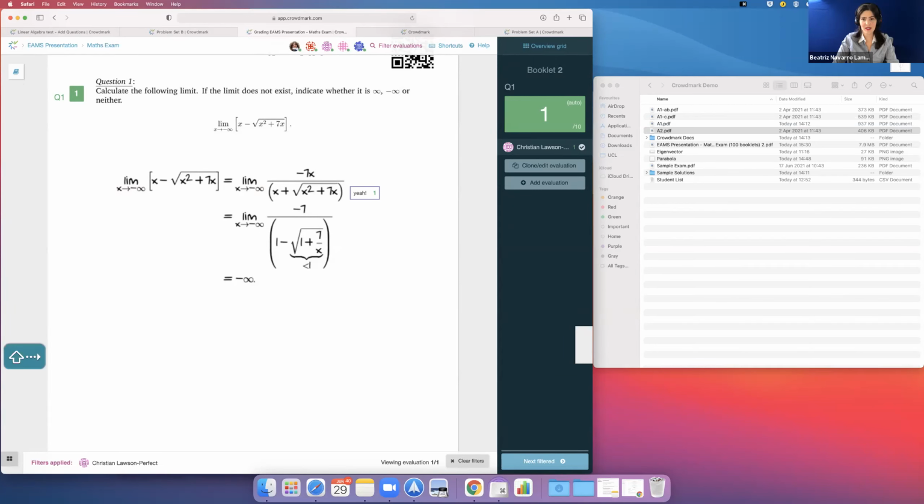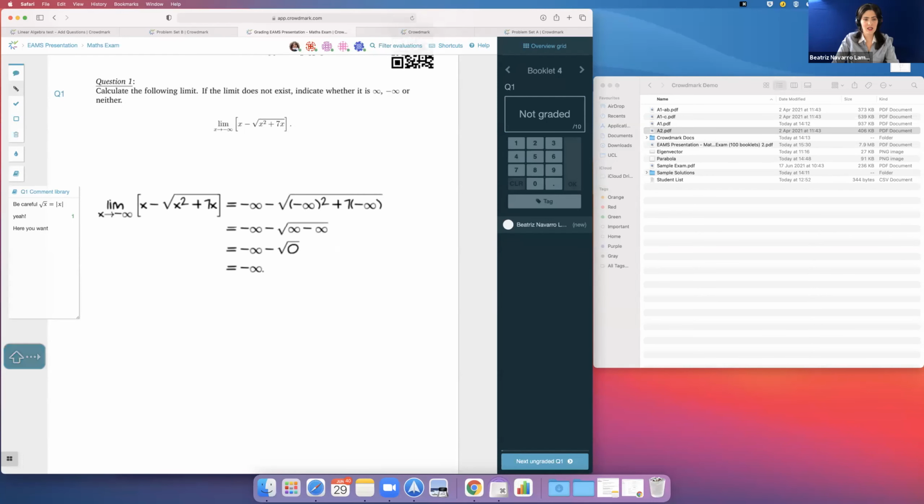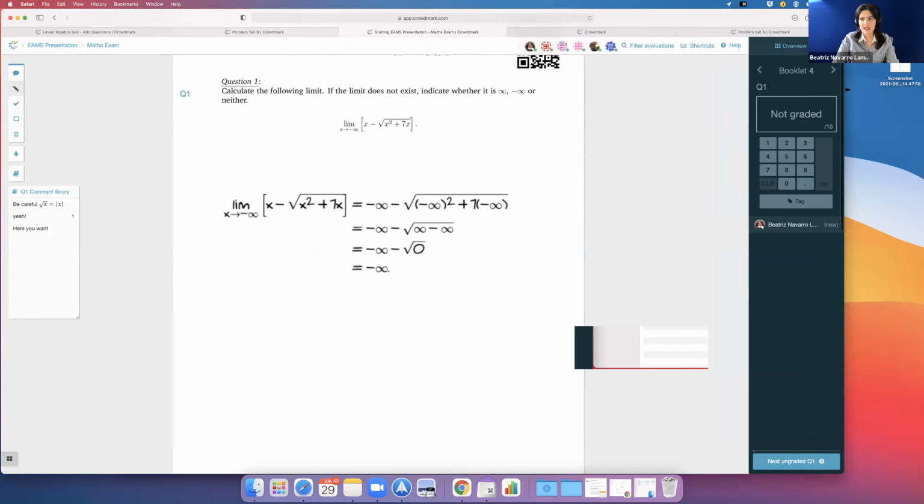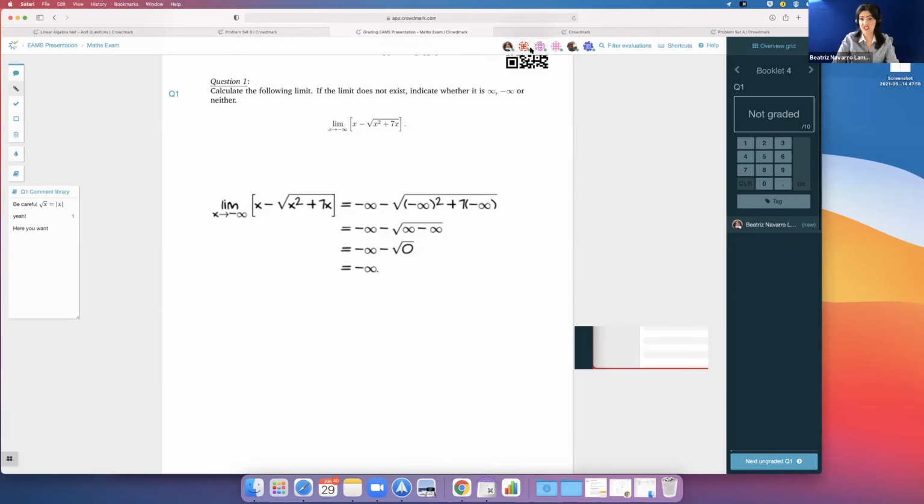And also, let's see that I go to clear filters, and I go to another booklet. See, booklet number 3. So Miriam also did this. And here we can see that people are already having the comments, and they appear in the comment library right away. At the top, I can see who is online at that time, which could be helpful.